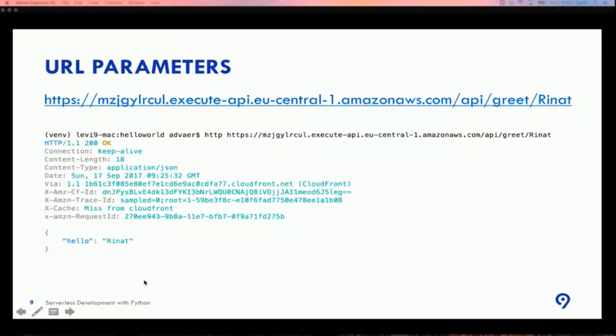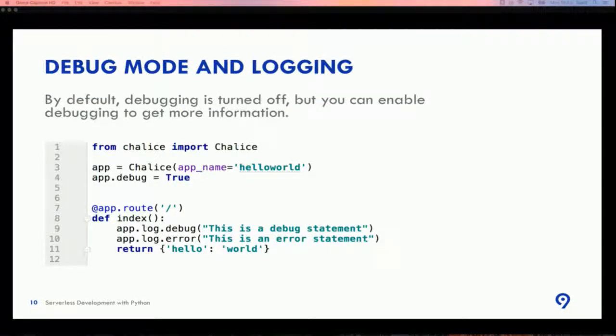So now we can do a bit more tricky and more interesting things. But it happens that time after time developers make mistakes, and it's good to track them and find out what's going on, what's wrong. It's not always a good option to go to CloudWatch and read all logs and click a lot of links. By default, debugging is turned off in Chalice, but you can enable it easily in one step. You can just set the flag debug true, and then you can add any logs, for instance debug log, error log, and other things that you need to debug your application.